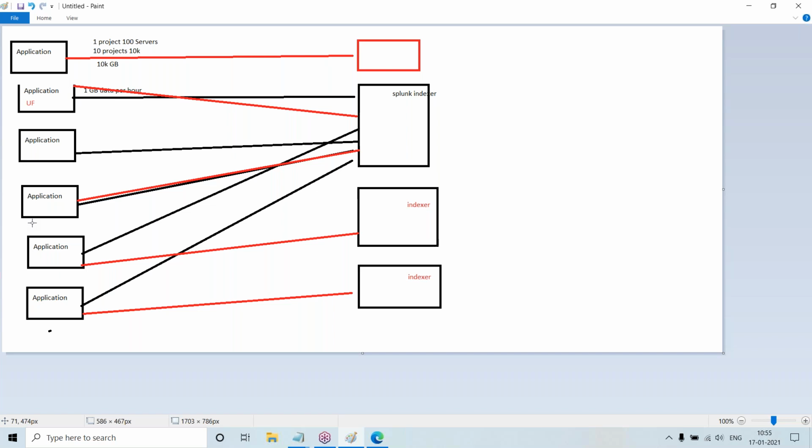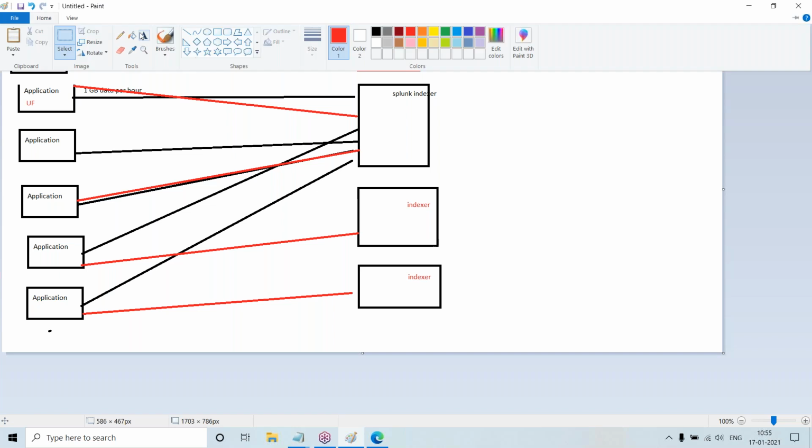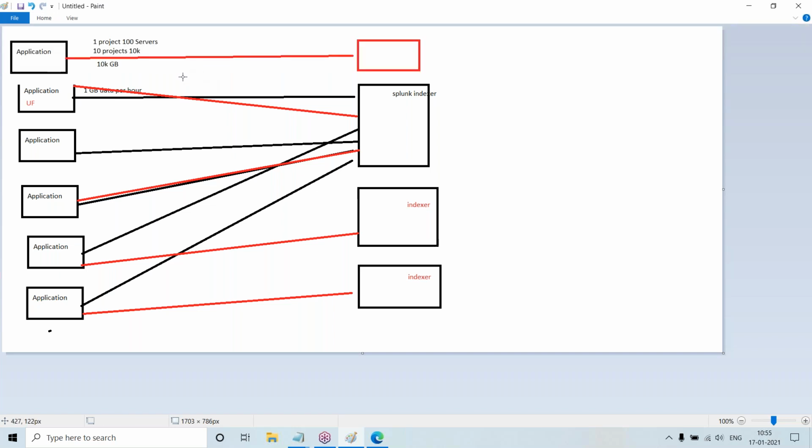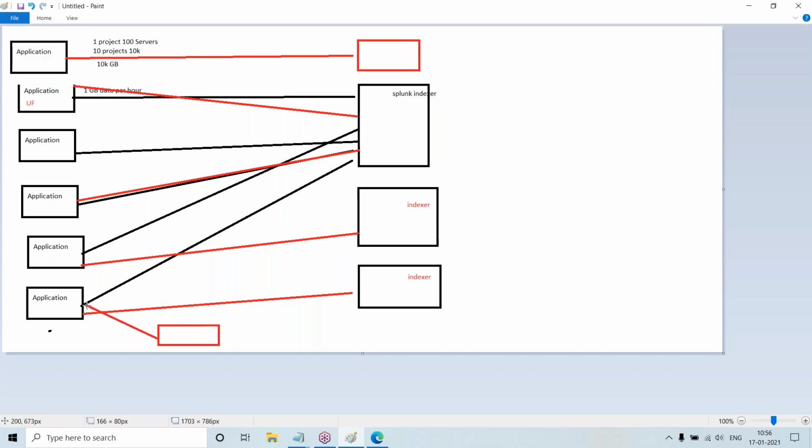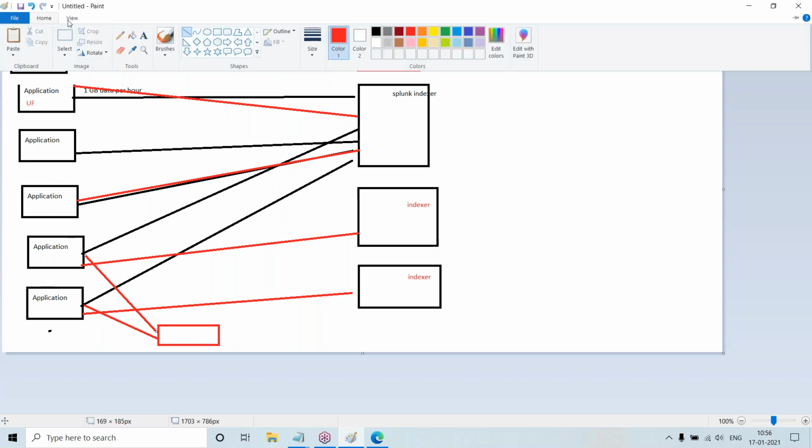Instead, there is one thing called a deployment server, which will sit here somewhere. It will push whatever configuration we give. Like if I want an abc.log file, or want to change any configuration, this deployment server will take care of configuring that in my source machines, my application servers.